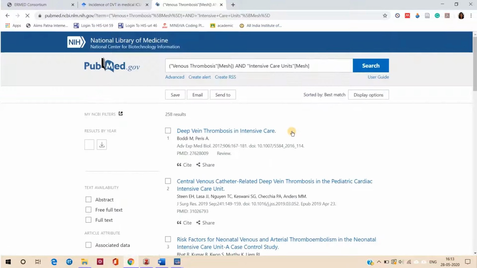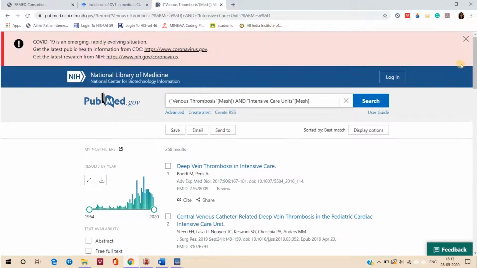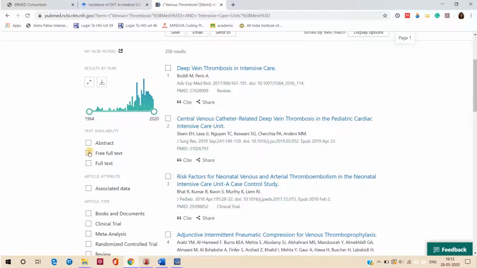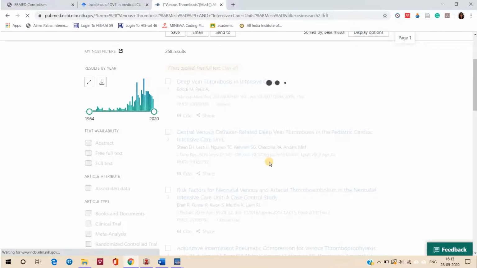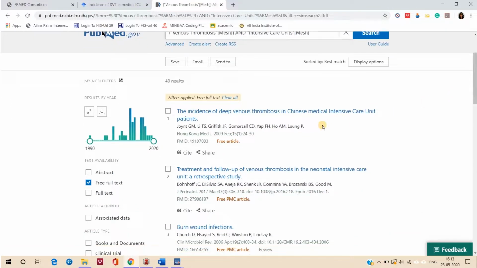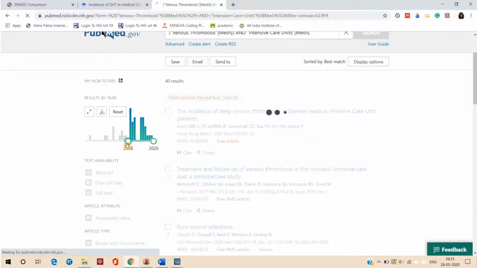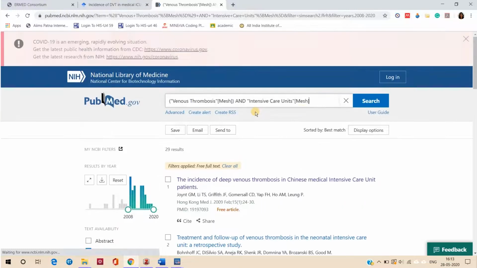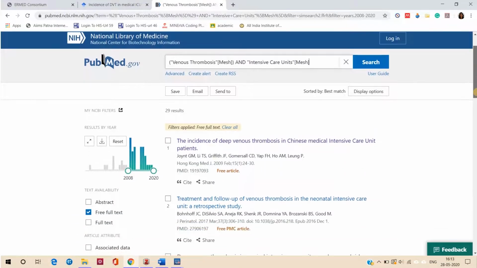You can see 258 articles. If I want to use the filter of free full text, I can do that, 40 articles. And if I want to narrow down the time period, I can select my article from 2008 to 2020. So now 29 articles are there.